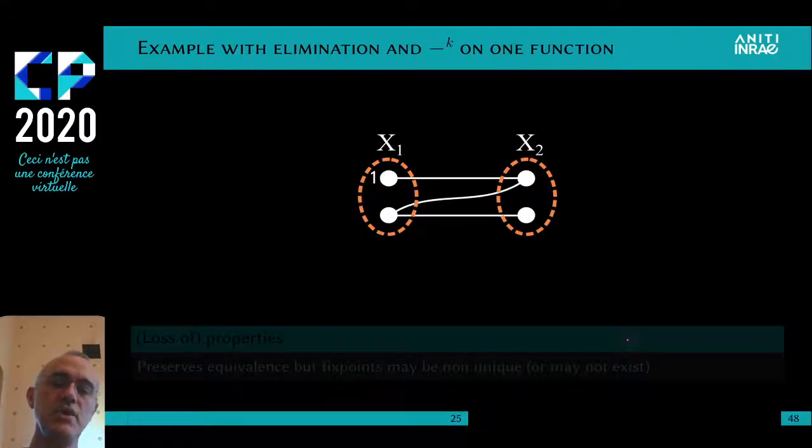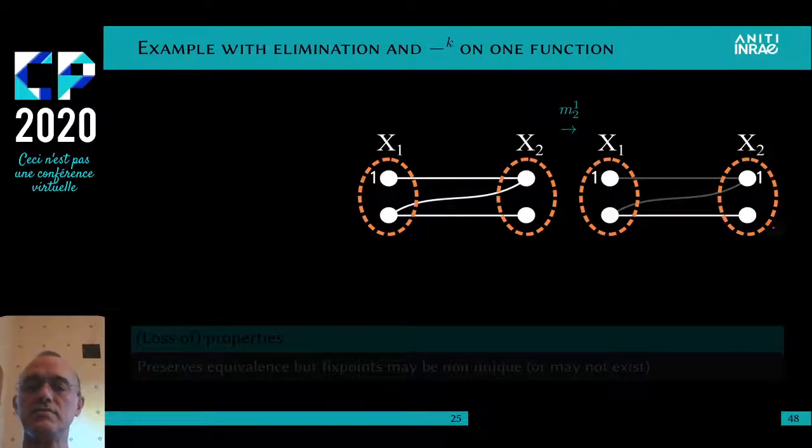So this is an example with two variables. Usual things. This is an edge that is assumed to have cost 1, like other edges here. And this one here just means that we assume that we have a unary cost function on x1 that gives cost 1 to this value and 0 to this one, since there is nothing. Now we can decide to eliminate x1 from this binary function. We will add the message to x2 and subtract it from the function, and we get this. So the cost has increased to 1 by adding the message, and these two edges have disappeared because we subtracted